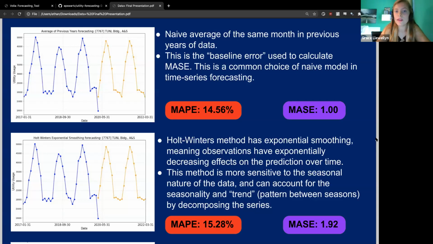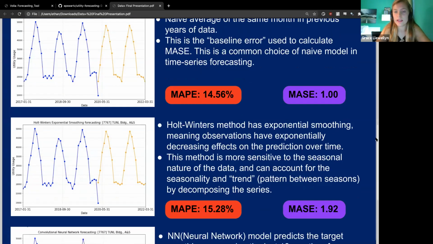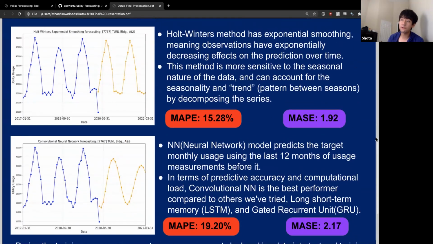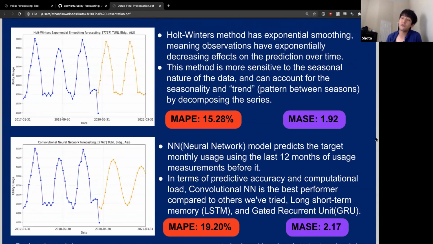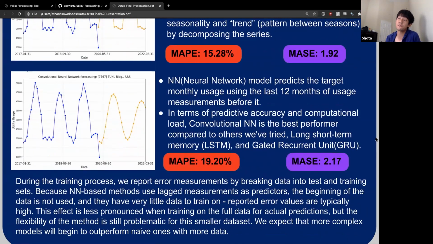The Holt-Winters method used exponential smoothing, which meant that the observations would have an exponentially decreasing importance over time. And the next one is CNN. Yeah, so the neural network model predicts the target month usage using the last 12 months of usage measurements before it. In terms of predictive accuracy and computational load, CNN is the best performer compared to other